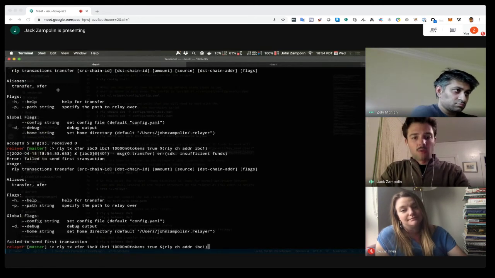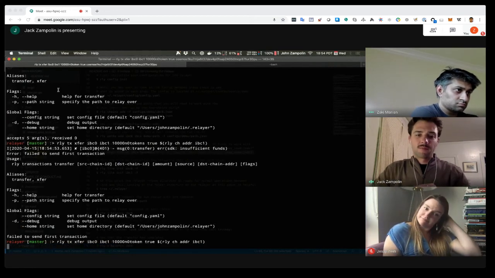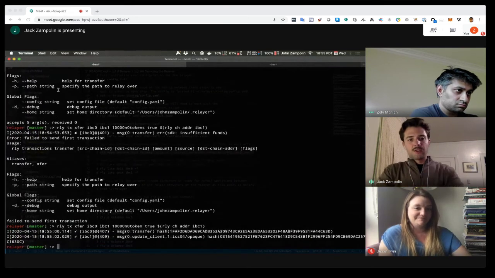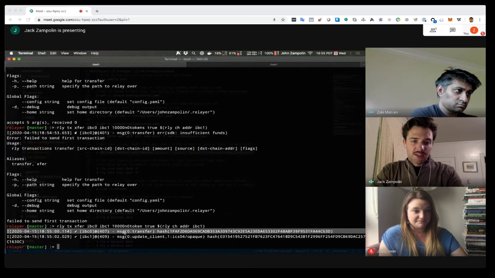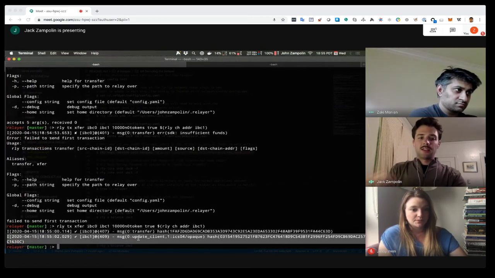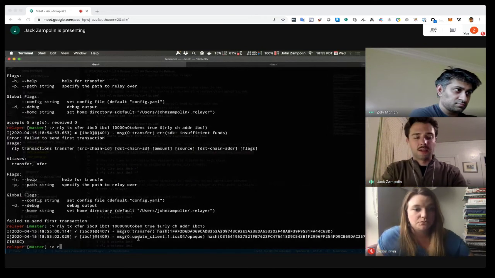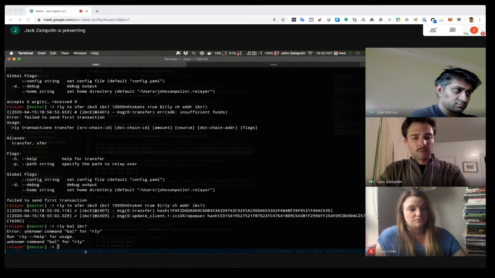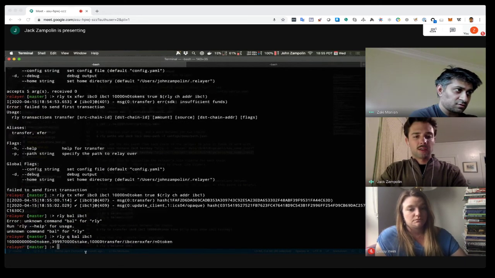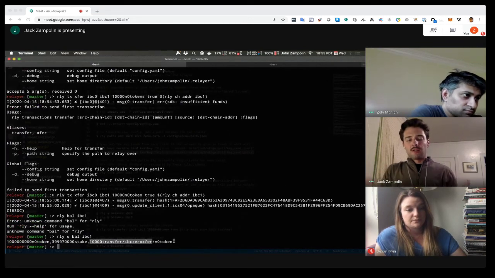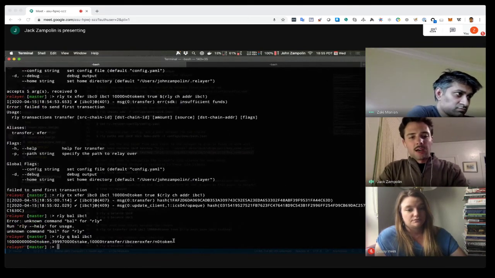Oh, it's in 0 token. Excellent validation here. All right, so we see those two transactions sent. The first one was a transfer on IBC0, and then we're updating the client on IBC1 so that we can prove that we sent the transfer on IBC0. And if we look at the balance on IBC1, with the relayer query balance, we can see that those transfer tokens are there. Very cool. And then to send them back,